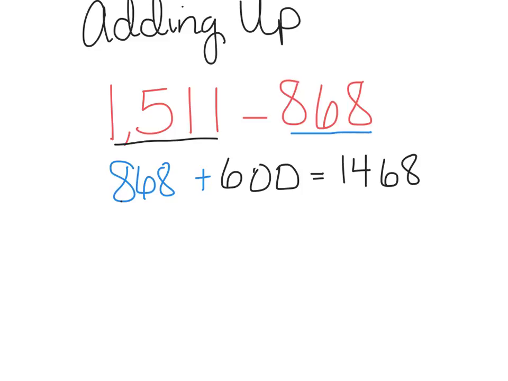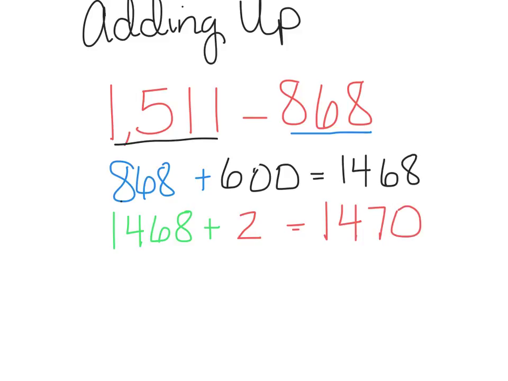Alrighty, so now I'm going to take my new number, 1,468, and to that, I am going to add enough to get me to my next round number of 10. So I'm going to add 2, and 2 gets me to 1,470. Now, I did that because I wanted this 70 on the end,